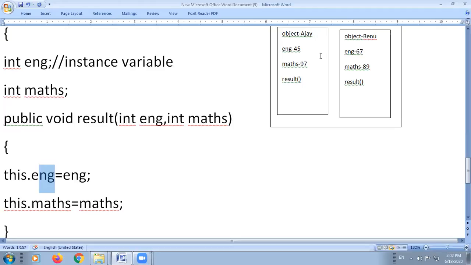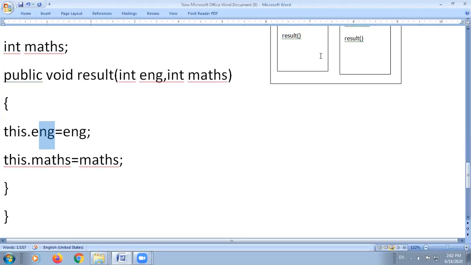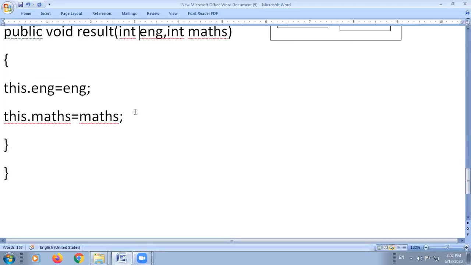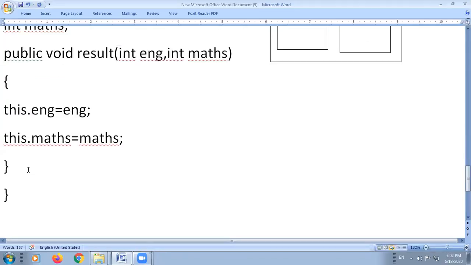So whatever the marks that is received by the English, that is 67, will be assigned to English variable of the object Renu, and whatever the mark that is received by the maths variable, that is 89, will be assigned to the object's maths variable, that is the object name is Renu. Understood? So in this way, whenever the instance variable or the formal parameters name are same, in order to eliminate this name collision problem, we will use this keyword.